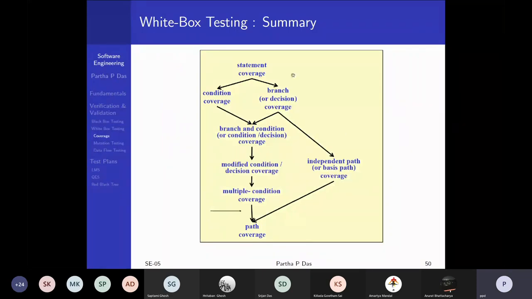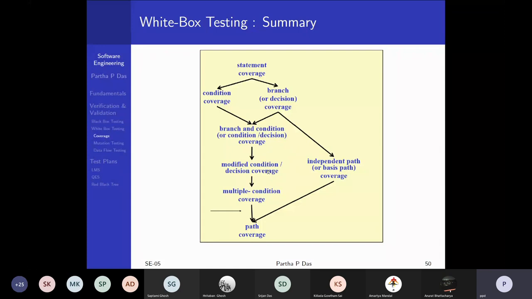So in terms of testing, if I may summarize, this is the hierarchy. Here the hierarchy is shown with the direction of arrows reversed, in terms of specialization. At the base, you have statement coverage, which is the simplest form, which can take you to condition coverage or branch coverage. And what you do more often is branch and condition, or condition and decision coverage together. Then you can do MCDC,